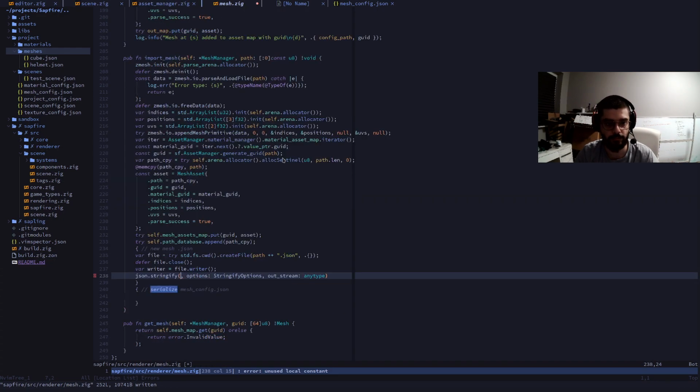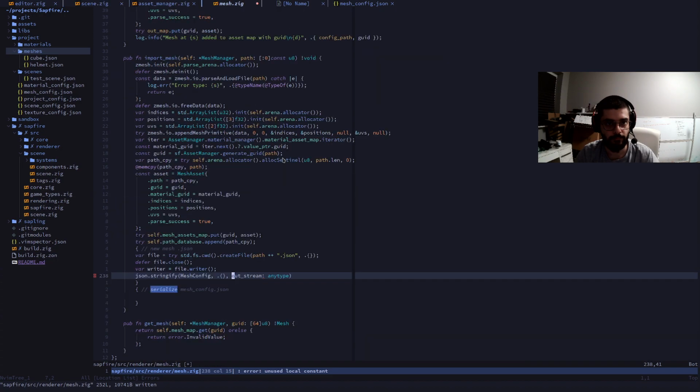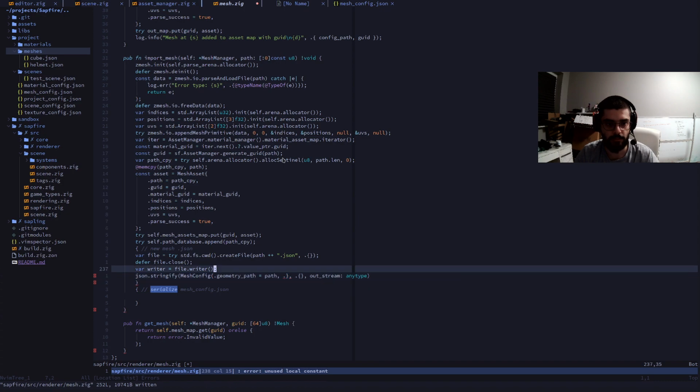So right, this is gonna be mesh config options, stringify options. Leave it here. Ooh, it's like this, right? Geometry path equals path, material path. We should probably